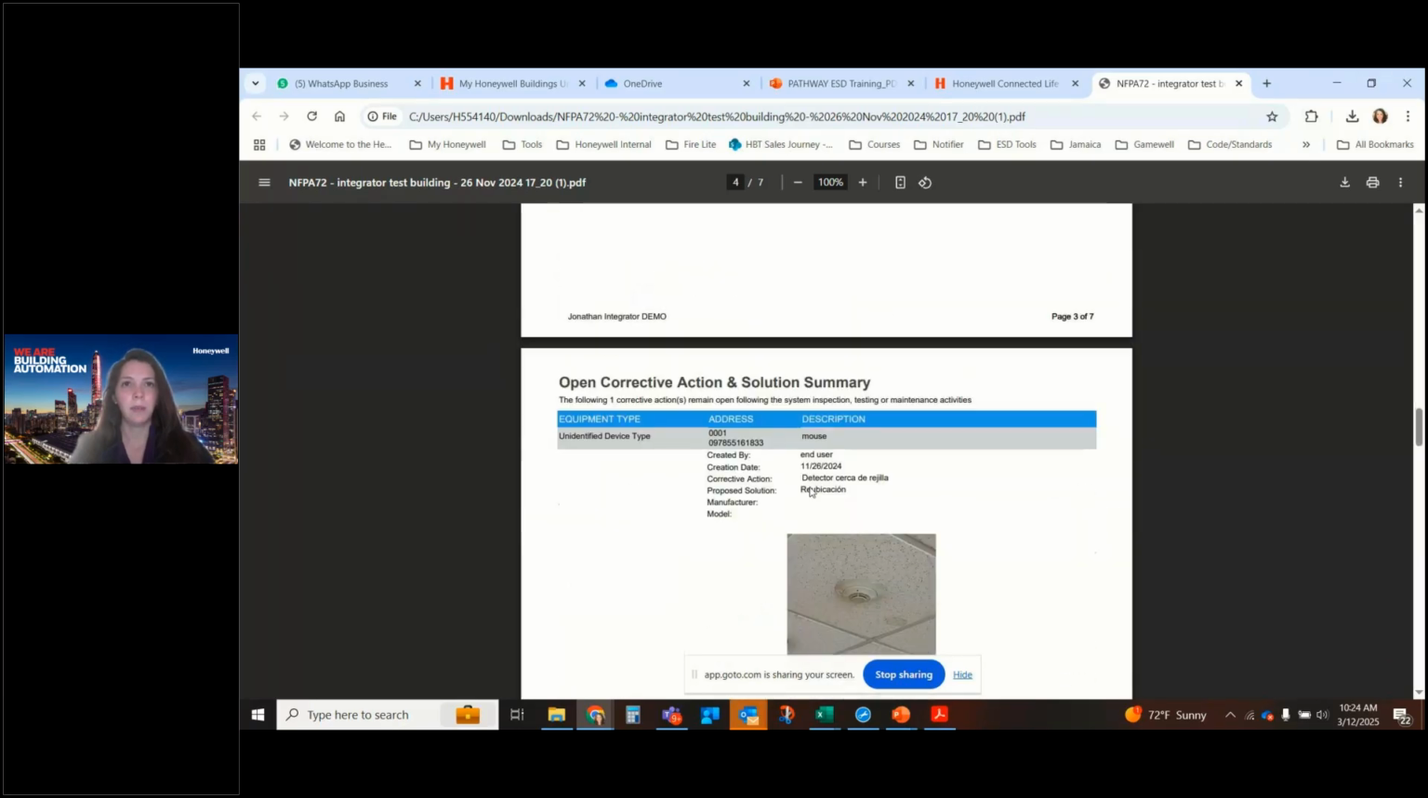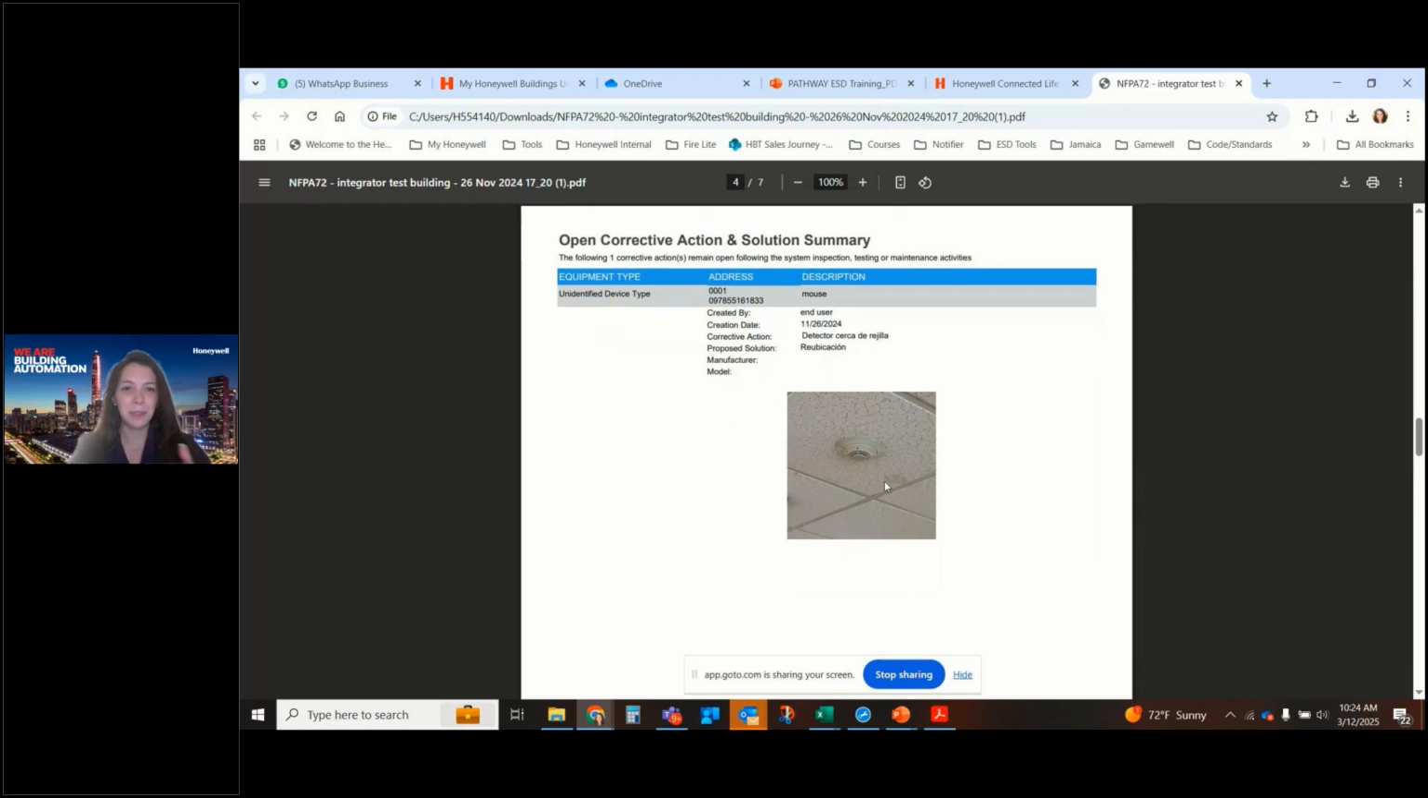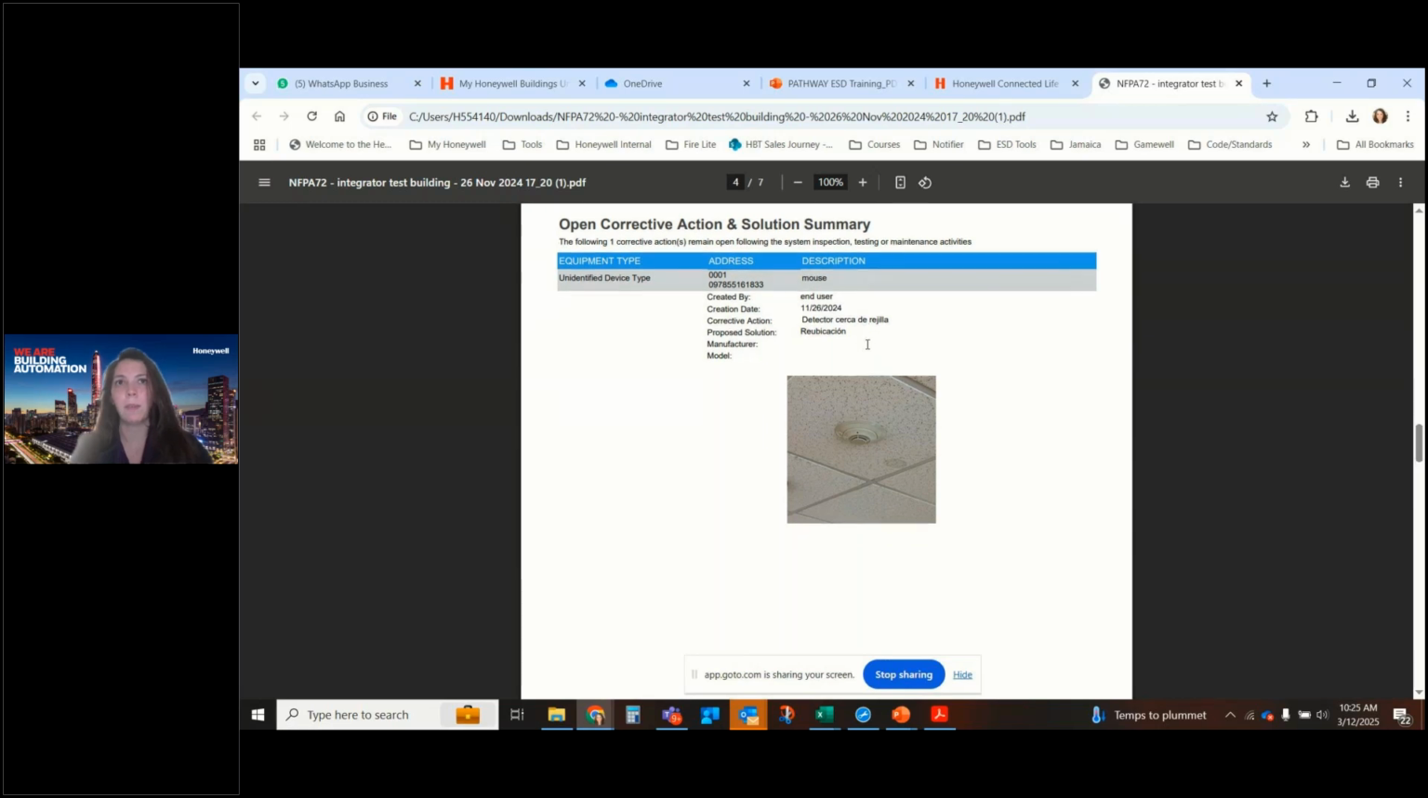And this is the part that I want to show you. So this is the open corrective actions and solution summary. Here, this is where your technician goes, takes a picture, and says, for example, in this case, okay, it's giving trouble because, as you can see here, there's some water. So there's water getting into that smoke detector. And what is the open solution? You write here what's the issue, what's the corrective action that needs to happen,